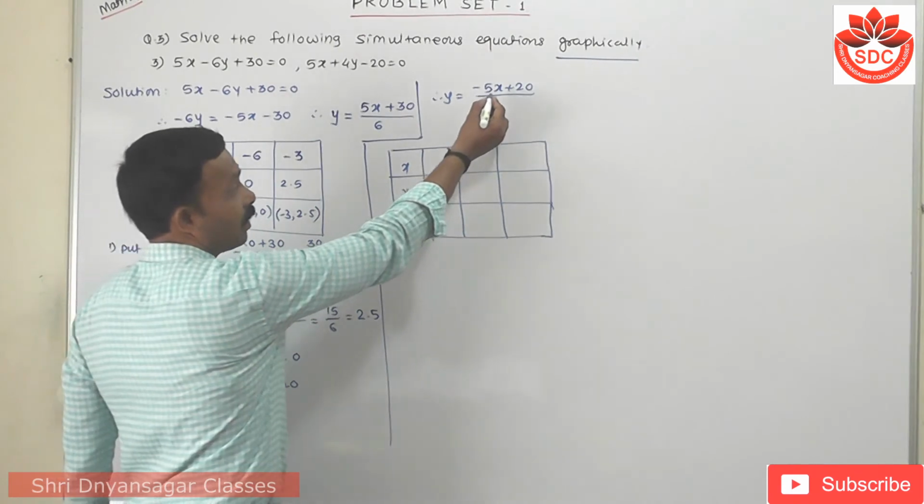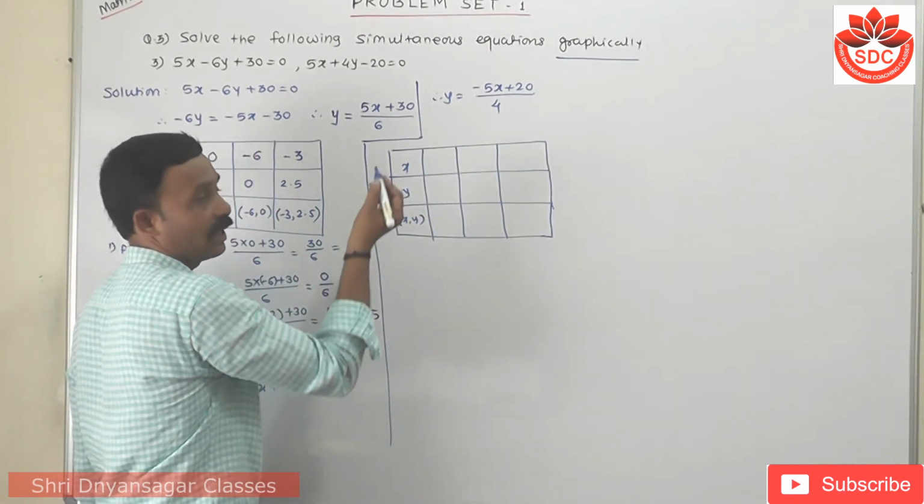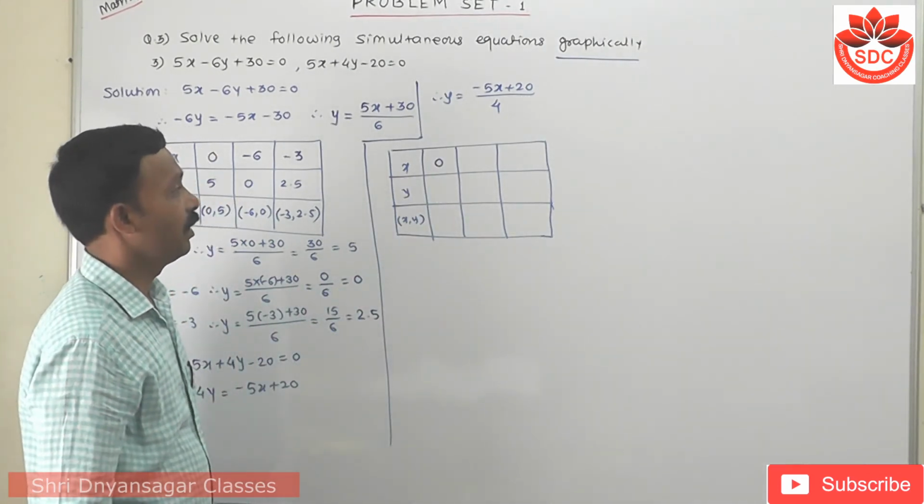Okay, here suppose you take the value as 0, then we can divide it by 4. So first I will take 0 here. Then